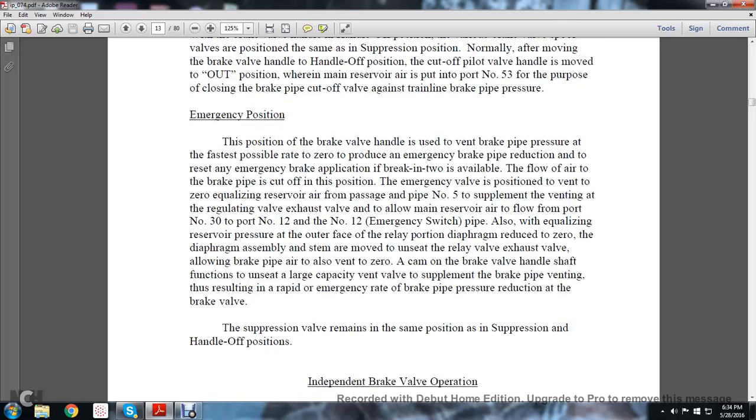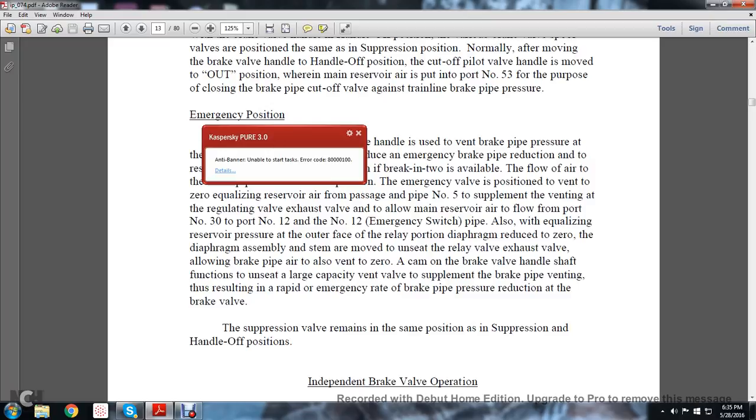Emergency position. This position of the brake valve handle is used to reduce the brake pipe pressure at the fastest possible rate to zero, to produce an emergency brake pipe reduction. To reset the emergency brake application, the brake valve must be returned to the appropriate position. The flow of air to the brake pipe is cut off. The emergency valve is positioned to vent the